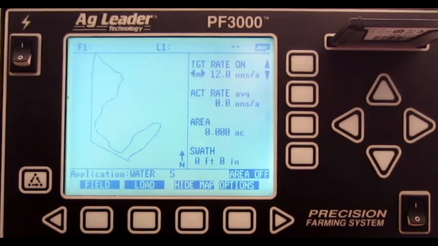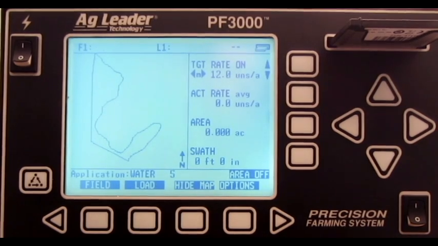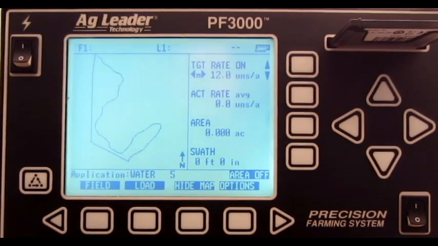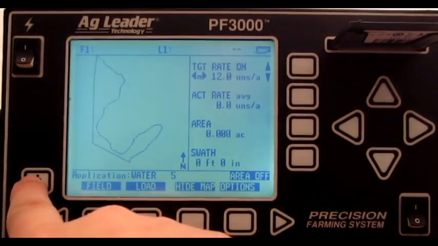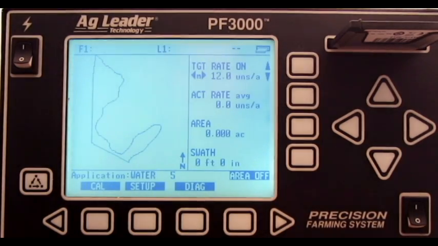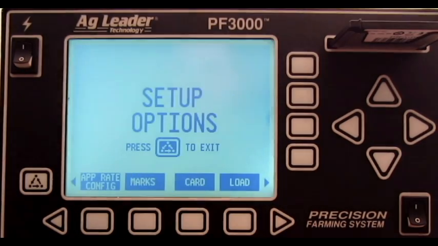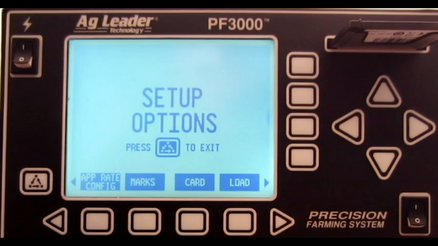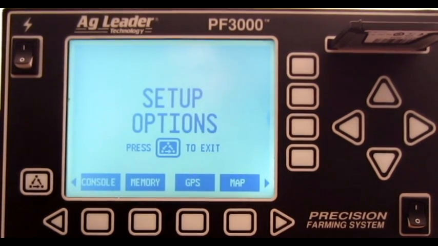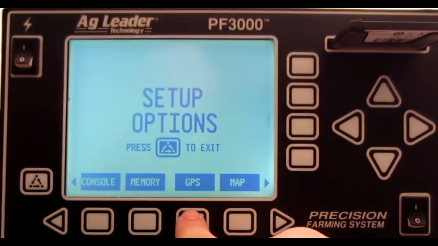In this video, we will cover how to adjust Lightbar settings on the Ag Leader PF3000. First, press Menu, press Setup, press the right arrow, press GPS,